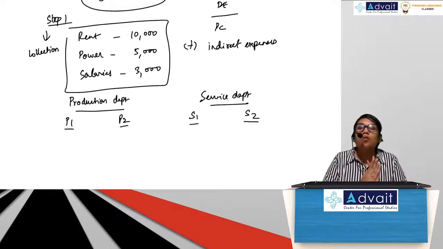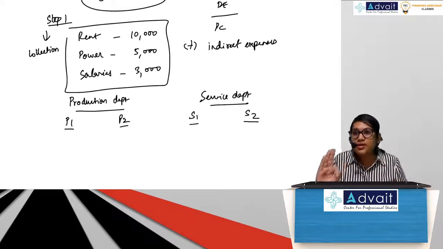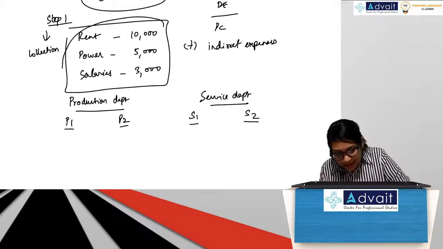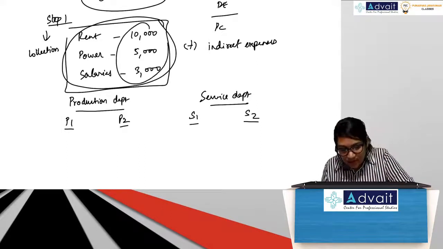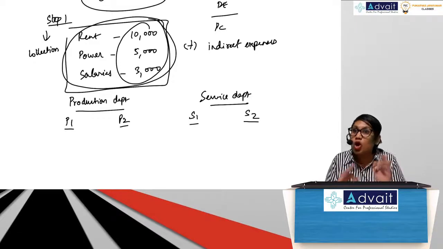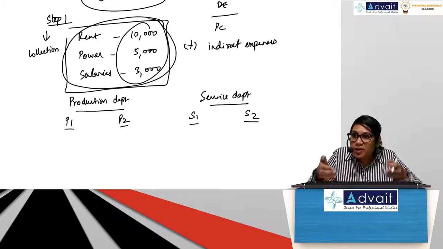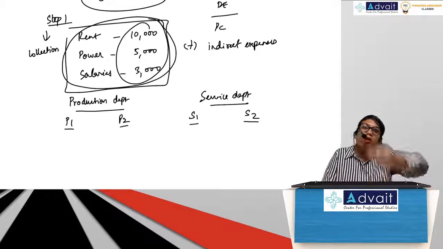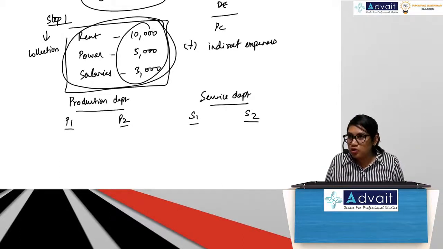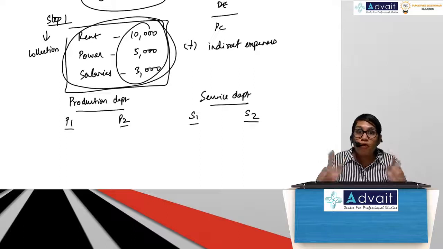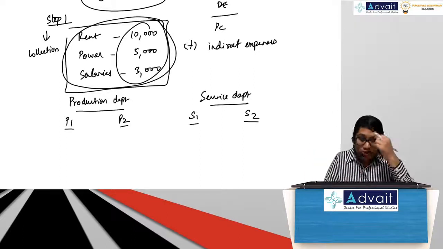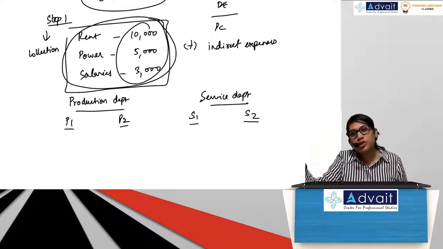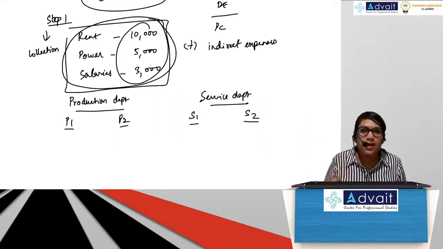So now the third step, I have already collected all my indirect expenses and these indirect expenses were estimated. They were not actual. I am in no position to calculate actual because I'm in the middle of my year. Actual I will know only when I close my books. So always remember, for overheads, we are only dealing with estimated amounts. Okay, so these were estimated. How? Based on some past analysis that I have made.